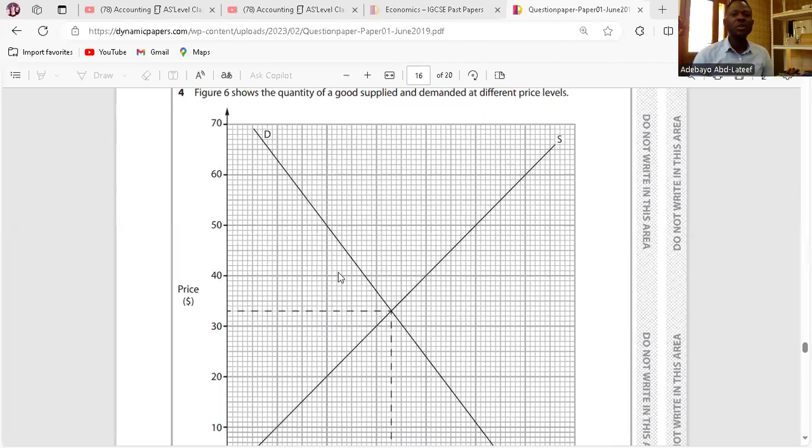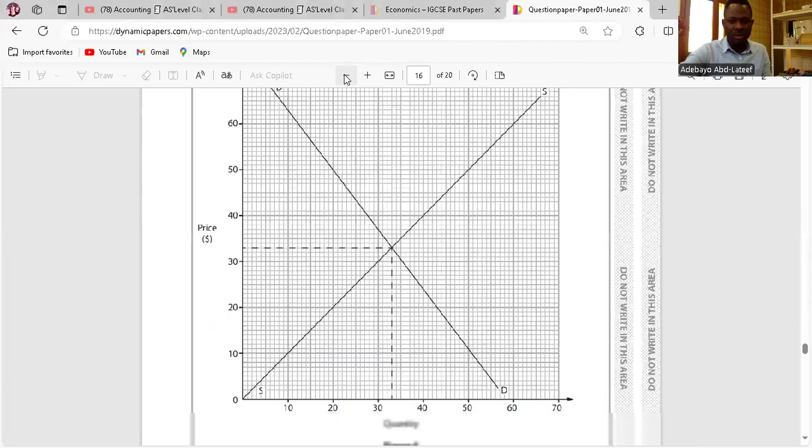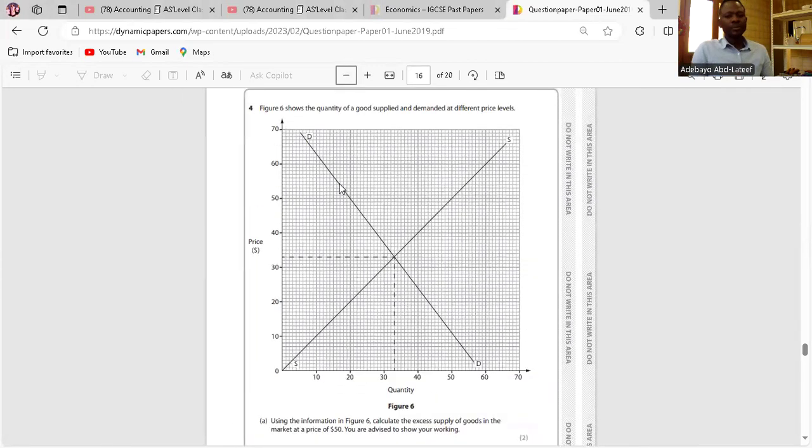Question 4. Figure 6 shows the quantity of goods supplied and demanded at different price levels. So let's see what it says. Let me make it a bit smaller so we can see. Using the information in figure 6, calculate the excess supply of goods in the market at a price of $50. You are advised to show your working. Okay, so what is excess supply? Excess supply is as a result of